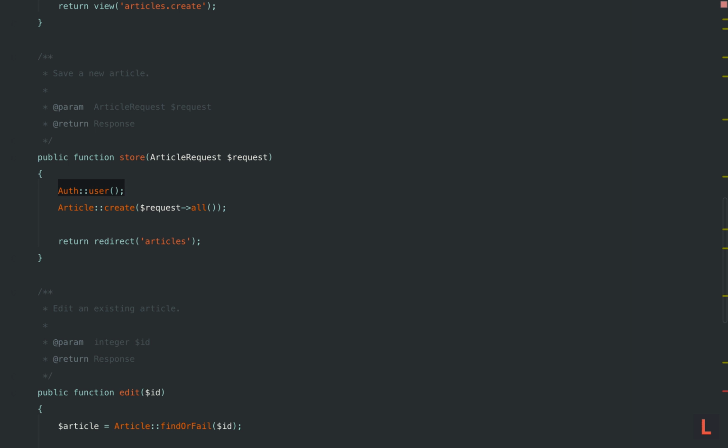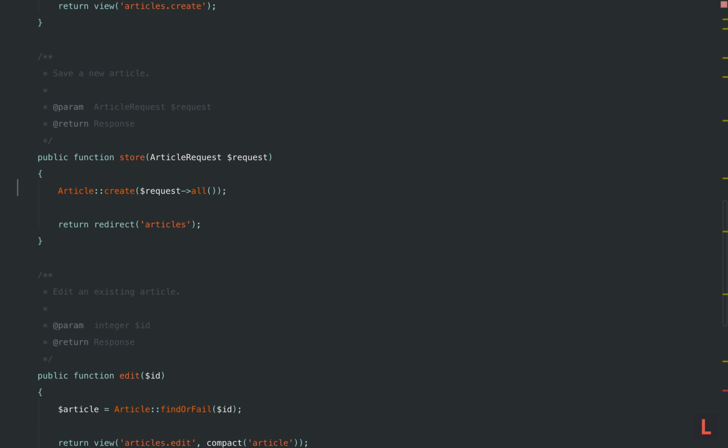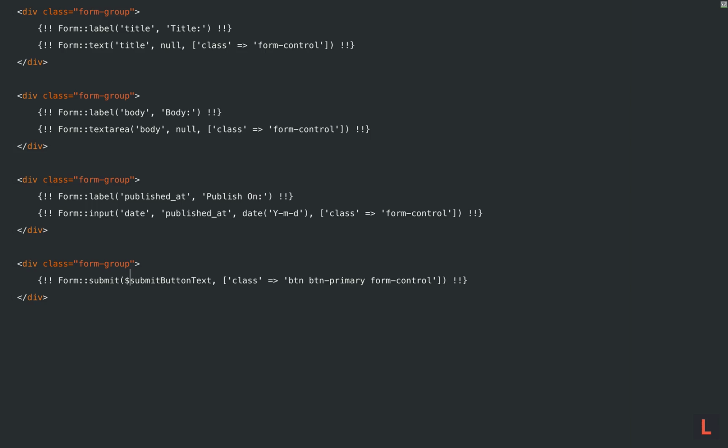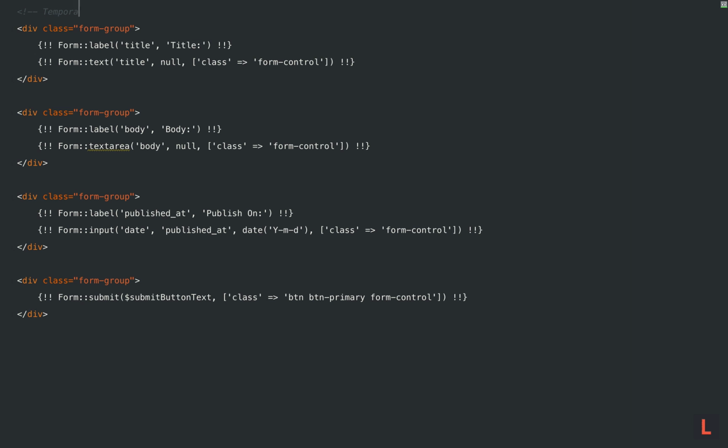This refers to the person who is currently signed in. However, like I said, we haven't yet set this up. In fact, we're going to do it in the very next lesson. So for now, we're going to fake it with the understanding that we'll fix it, or adjust it really, in the next lesson. Okay, so let's visit our form for an article, and temporarily, and I'll say temporary, we're going